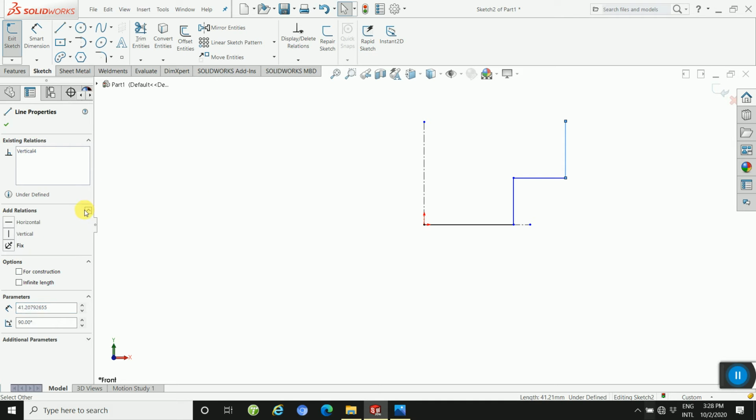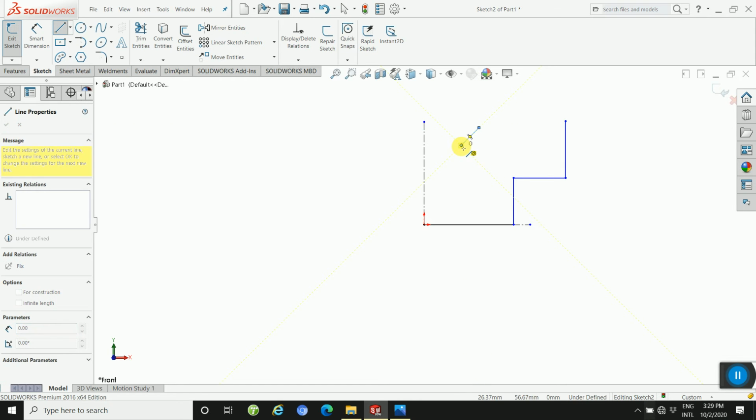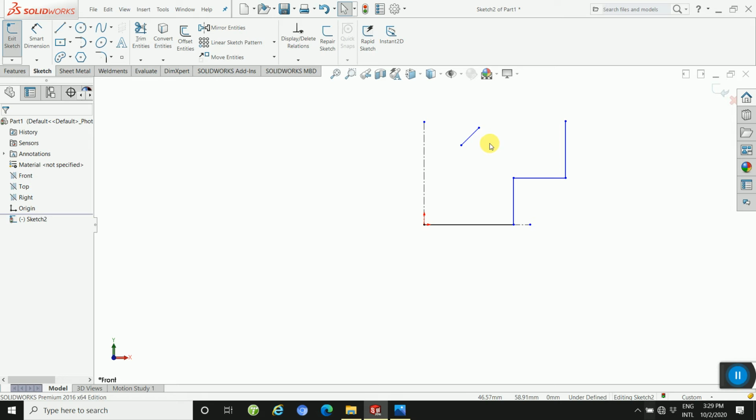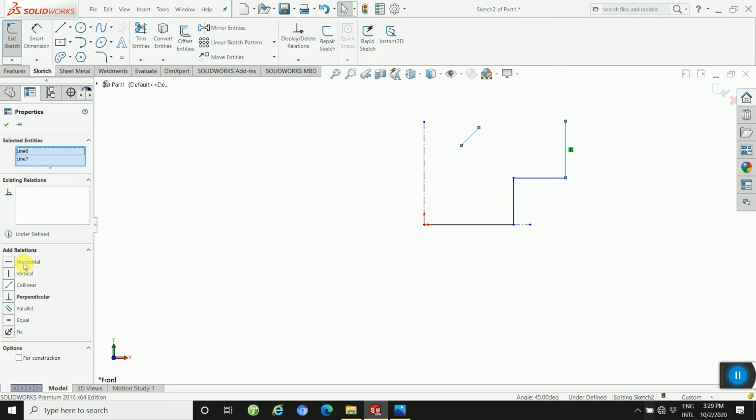This is the relationship. And to add a relationship, if you are creating a line here and you want to add a relation, Control-select this line and then select the other lines and then add the relation. If you want the lines to be perpendicular, collinear, or equal.